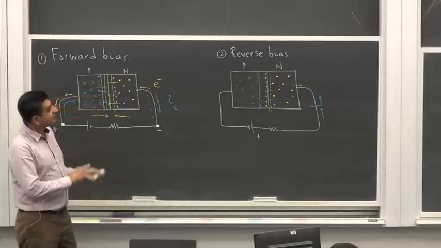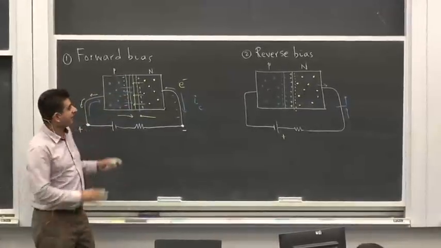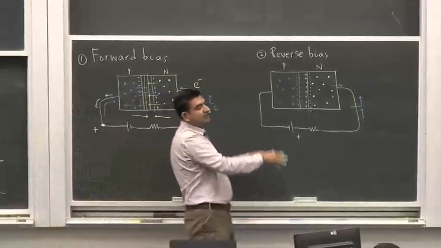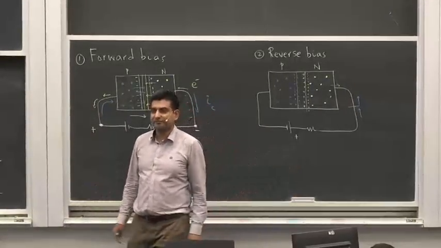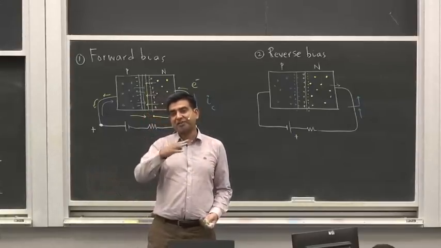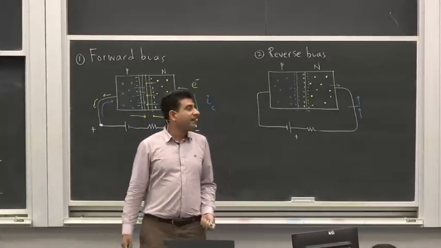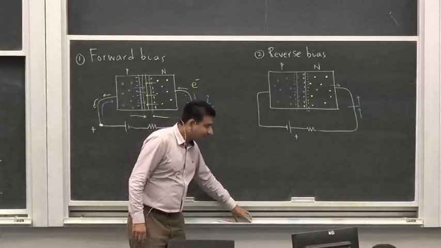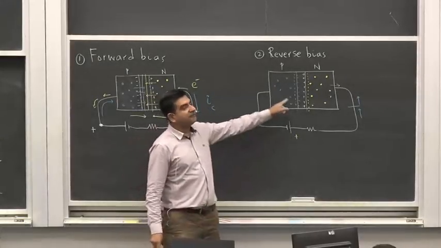But this is what happens in forward bias and reverse bias. In forward bias, the diode conducts. In reverse bias, it doesn't conduct. So this is like a one-way street for electrons or charge carriers through an external circuit. Now one thing that I would like to point out here is, in the reverse bias,